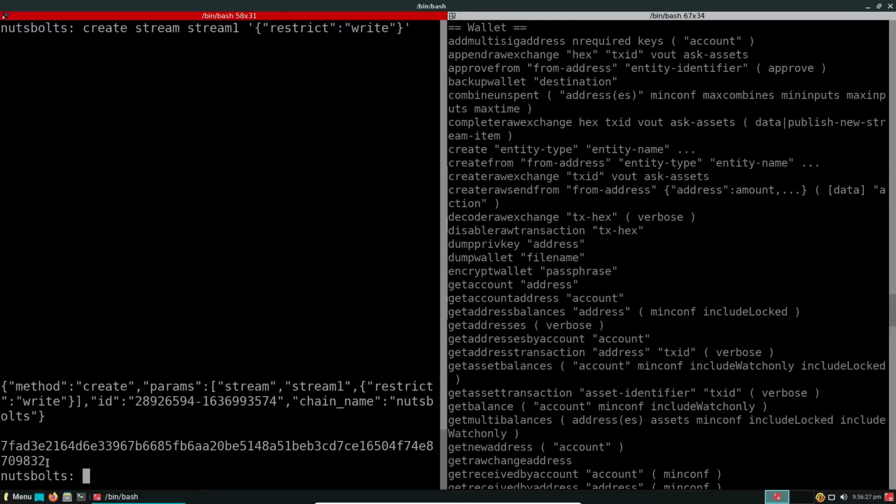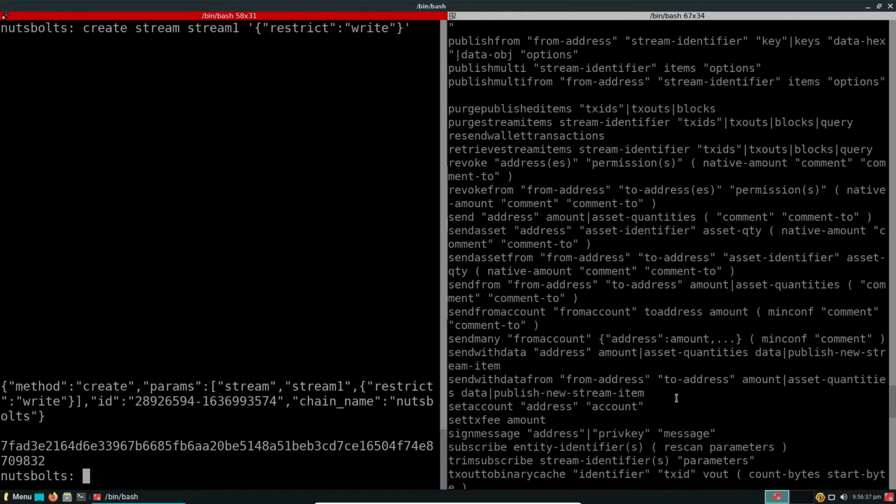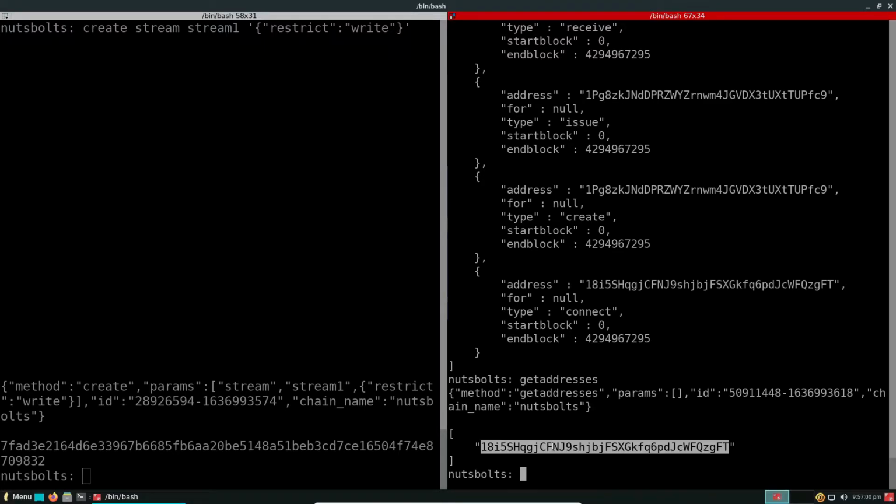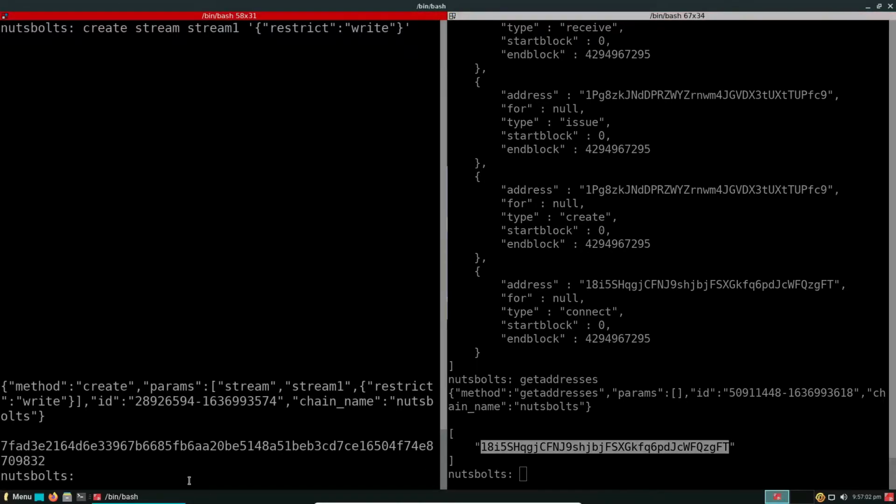So now we have created a binary cache, we have created a stream, and now we will have to grant permissions to access this stream data. Because we have still not populated any data in the stream, what we'll do is we will grant the exclusive permission. So get addresses, so this is the address, and we will grant the permissions from here.